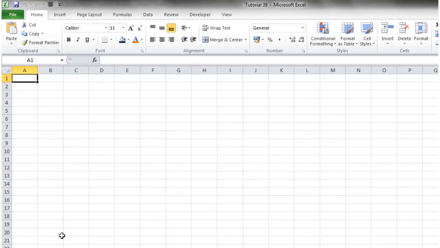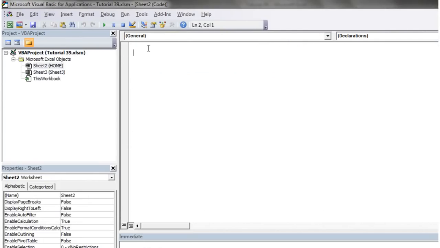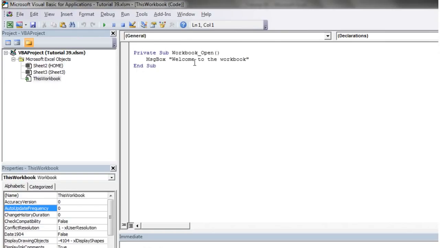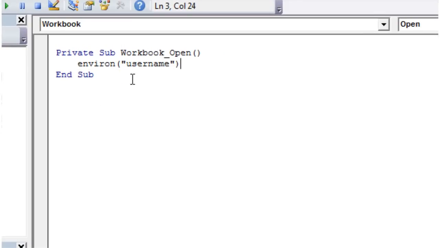So you can use this for quite a lot of stuff. The main things I use it for are kind of when people open it up to test user access. So let's go in here. So one thing you can use from here is if you put in environ username, then this is going to return a string that gives you the value of the username of the computer that's logging in. So my one comes up as Matthew, so let's put if environ bracket username equals Matthew,